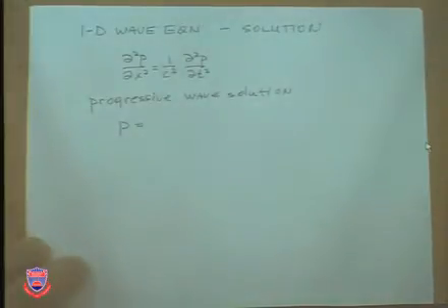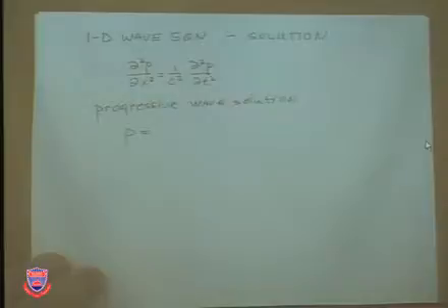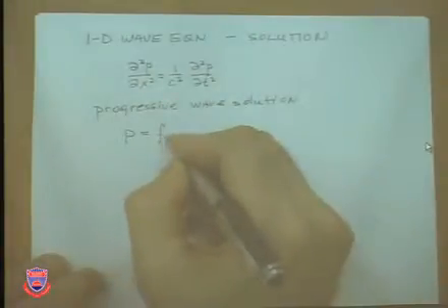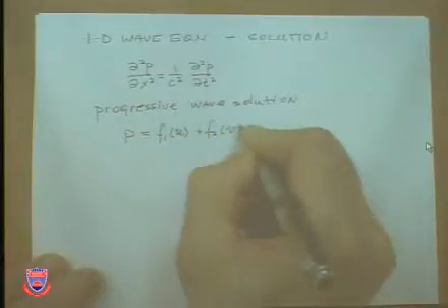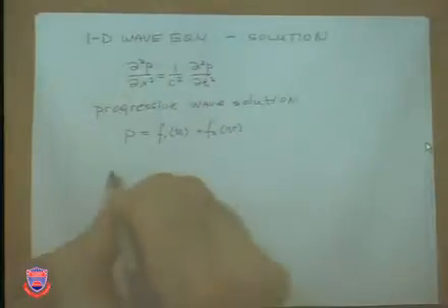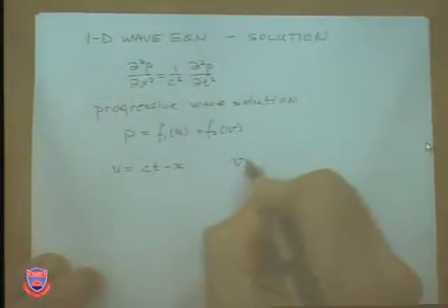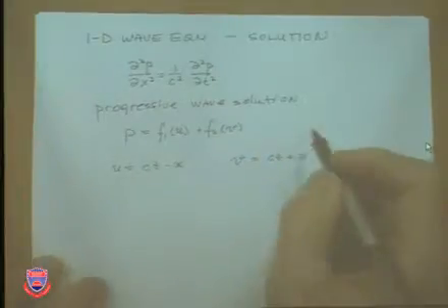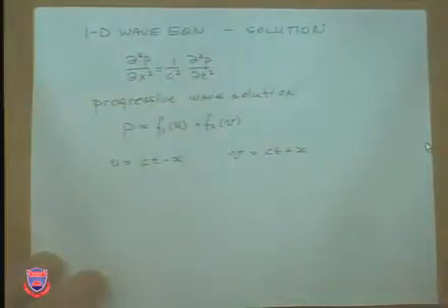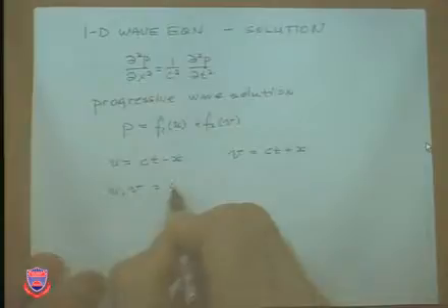The pressure expressed by this second-order differential equation can have two solutions, where we have u = ct - x and v = ct + x. u and v are constants,